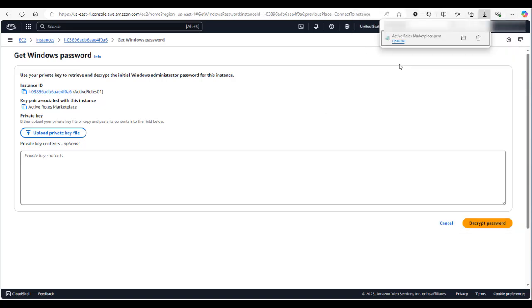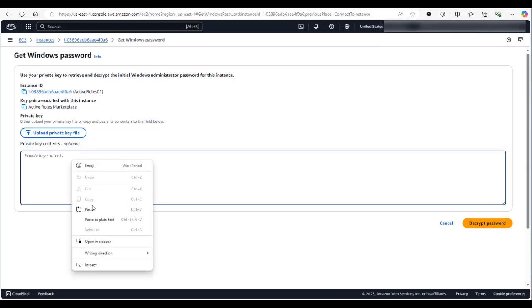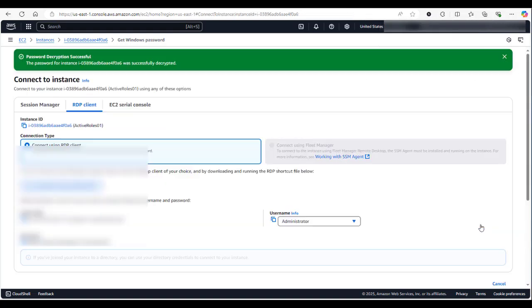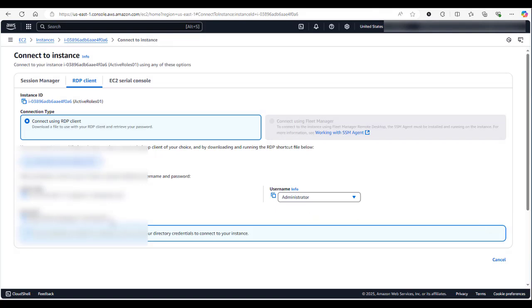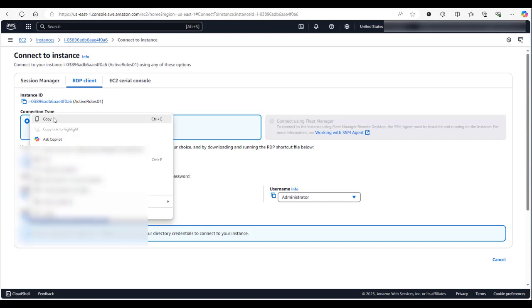Reference that PEM file that was downloaded, copy and paste the contents of that file into the area here, and decrypt the password. It will show the password on the screen. We can copy it and paste it for later use.